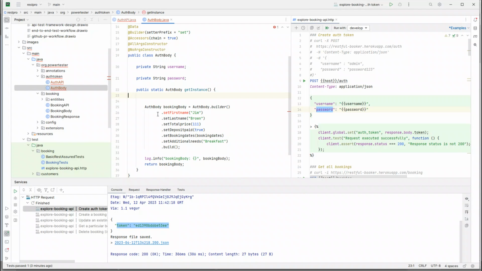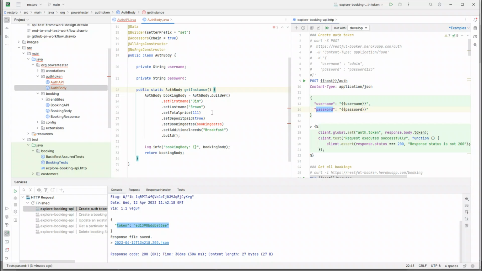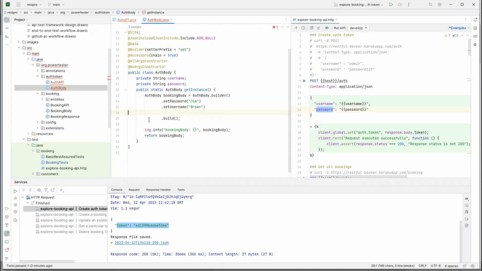Let's also delete these non-useful methods. Let's put it as set password, and let's call it set username. Let's remove the whole thing, and